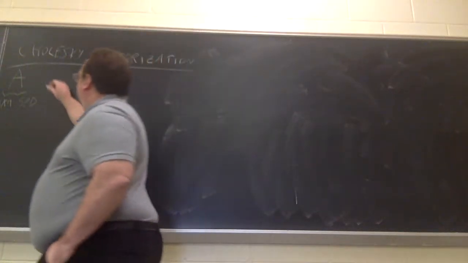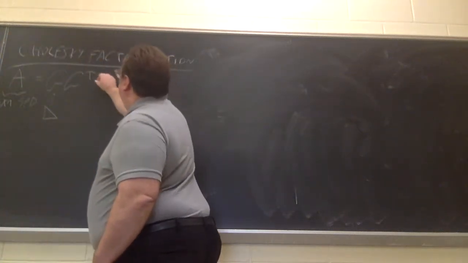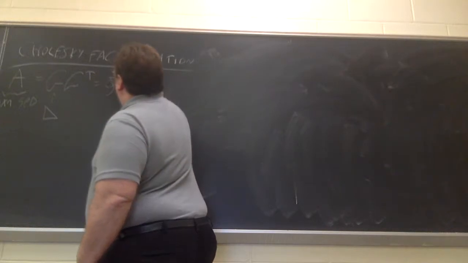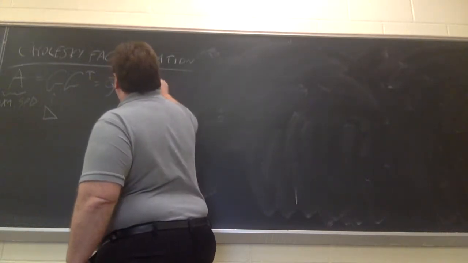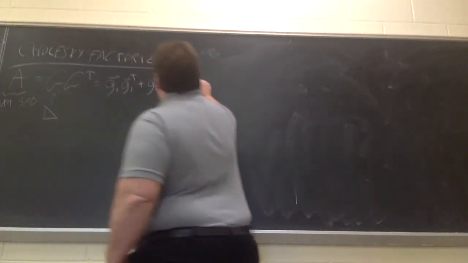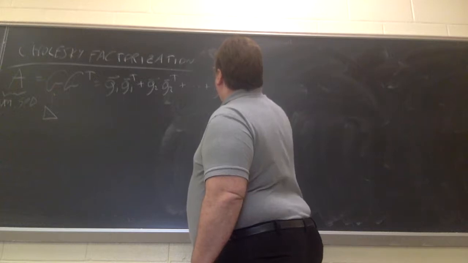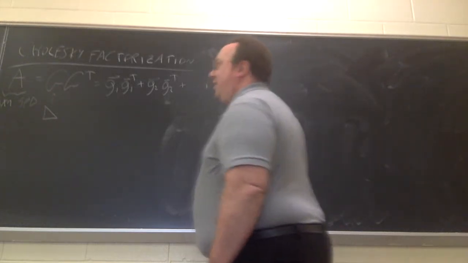So A is n by n symmetric positive definite, and it's factored into G G transpose, where G is lower triangular, and I had written G G transpose as a sum of outer products. I'm going to use that to show you an interesting, hopefully to you too, exercise